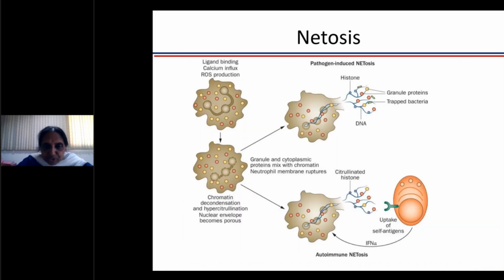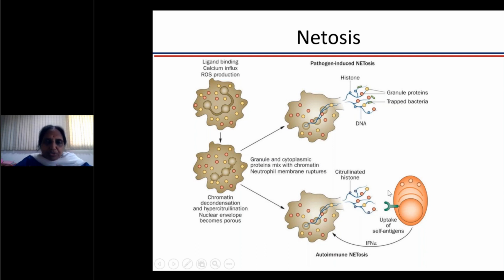Yes. So that's why, if you see the bottom panel of this, which I have not discussed, this is also one of the mechanisms by which autoantigens get exposed outside. And this is a mechanism postulated in ANCA-associated vasculitis, that myeloperoxidase can get exposed. And if you have already antibodies present to that, they can cause autoimmune vasculitis. And plus, it can also sensitize the T cells to self antigens.